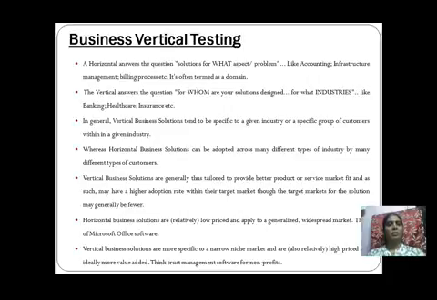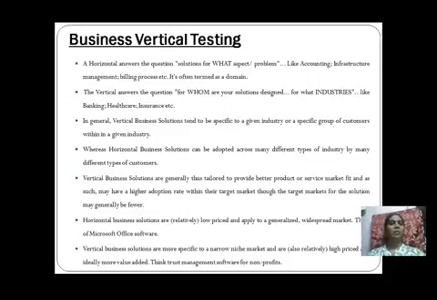So the vertical answers the questions: for whom is your solution designed, and for what industries, like banking, healthcare, insurance, which type of organizations are going to use that application. Why? Because accounting is related with banking, billing process is related with healthcare, and insurance is there, while infrastructure management is considered everywhere, in banking, in healthcare, and in insurance also. So these are the things we need to consider in the vertical and the horizontal.